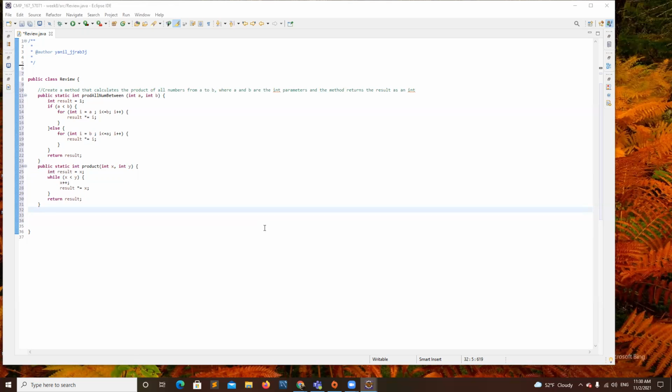If you have a starting number and an end number, and you want to add or multiply all the numbers that are in between, you can use a loop. Loops will allow you to go from start to end.